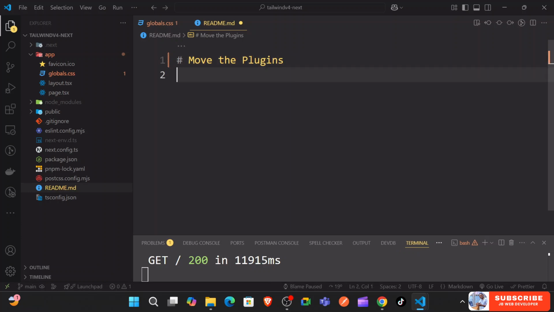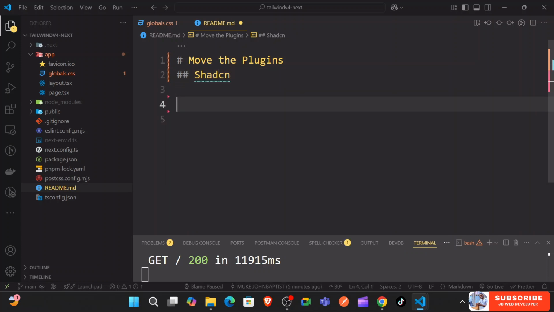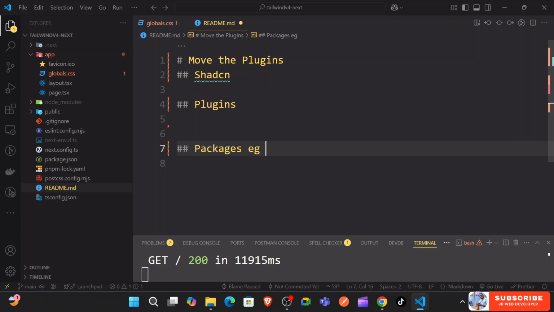plugins. So the plugins we normally have, like one is the one for animations, which normally comes with Shad. So first we're just going to add Shad. We see what it is going to add for us. So just going to look at Shadcn. After that, we're just going to look at plugins, and then after that just going to look at some packages. And so here just going to look at, for instance,